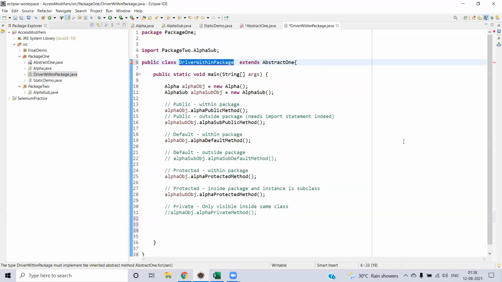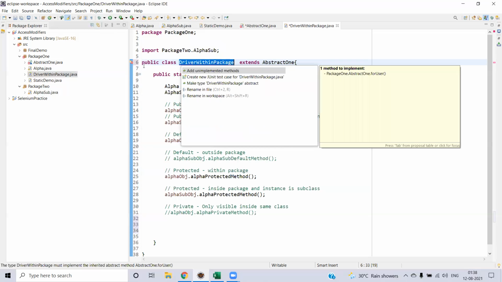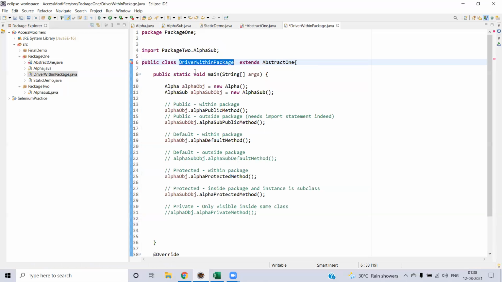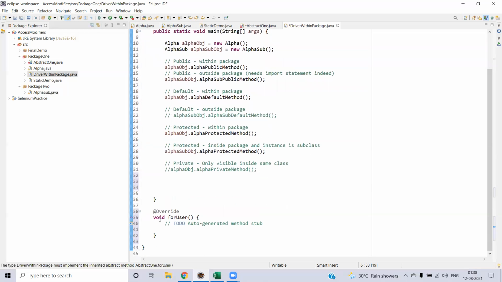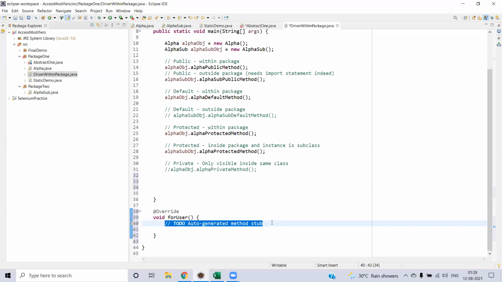As soon as you extend, it will tell you that you are extending the abstract class, but you don't have the implementation of one of the methods. That's the reason you will get the option to add unimplemented methods. Here you can see override. We will see the annotations at a later stage, but as of now, you can just see that you can create the implementation here.